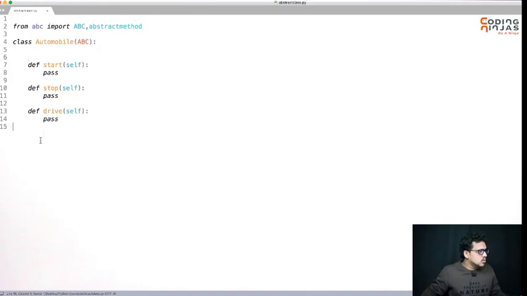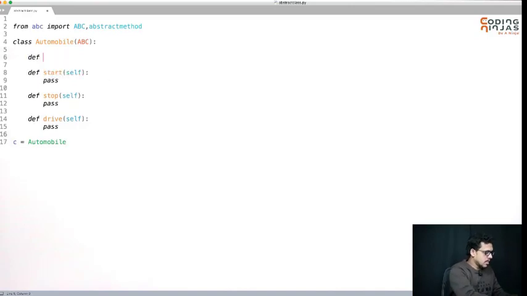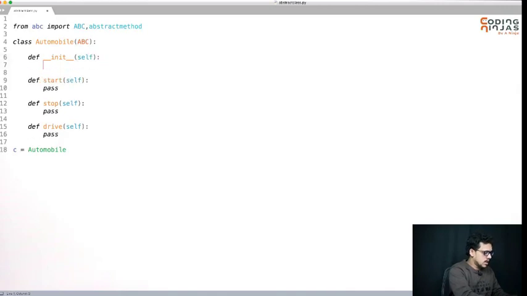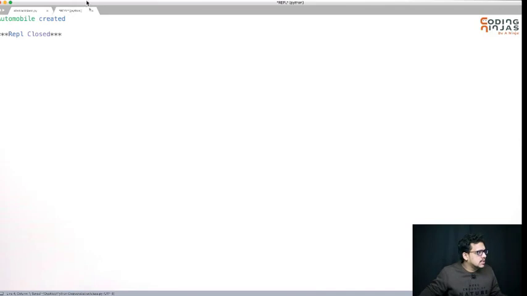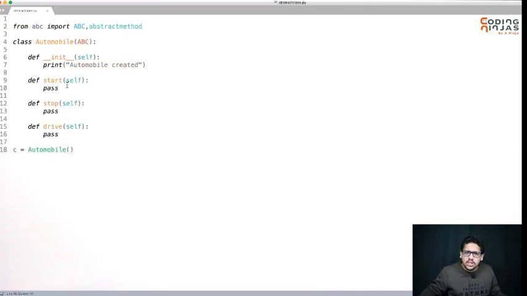Let's have an init function as well, and I will just print "automobile created". So it's just like a normal class. If I do c is equal to automobile, I get automobile created, I can call these functions, so I am able to create objects for this.